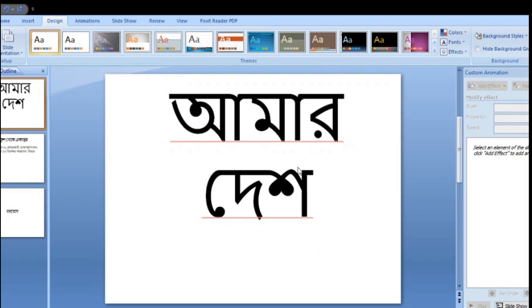Select white from this color palette. Click the Close button of the dialog box.